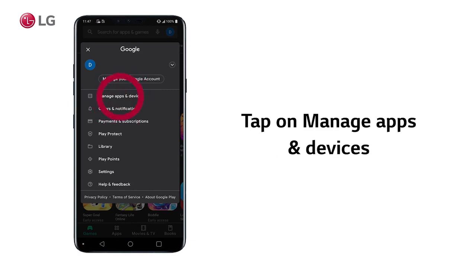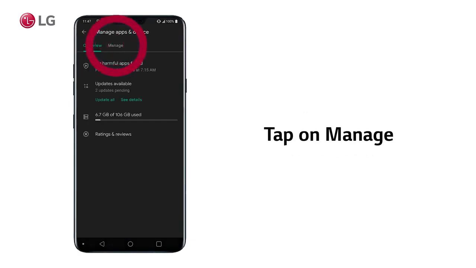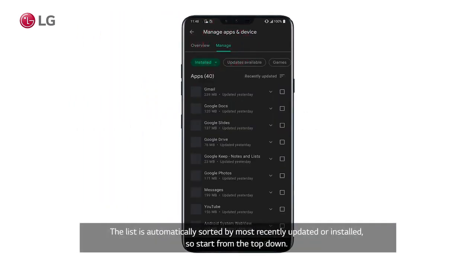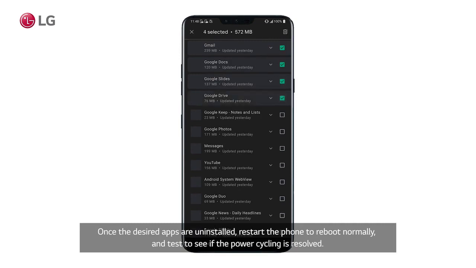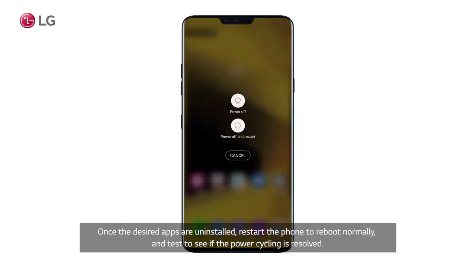Tap on Manage Apps and Devices, then tap on Manage. The list is automatically sorted by most recently updated or installed, so start from the top down. Once the desired apps are uninstalled, restart the phone to reboot normally and test to see if the power cycling